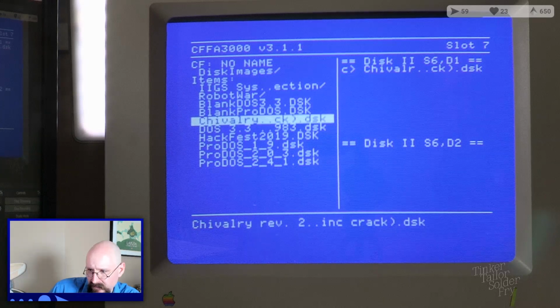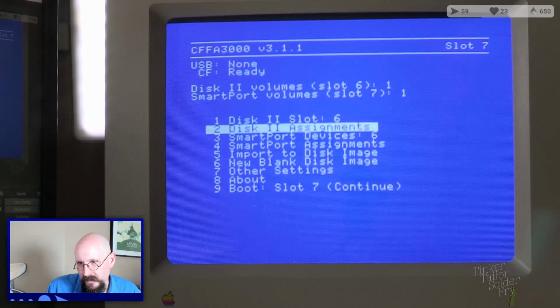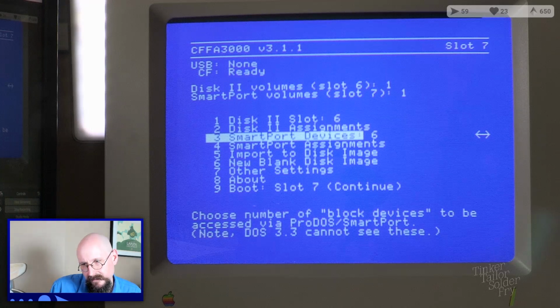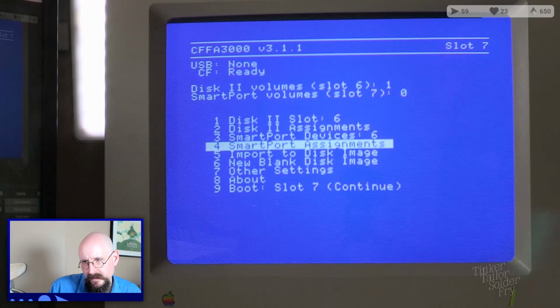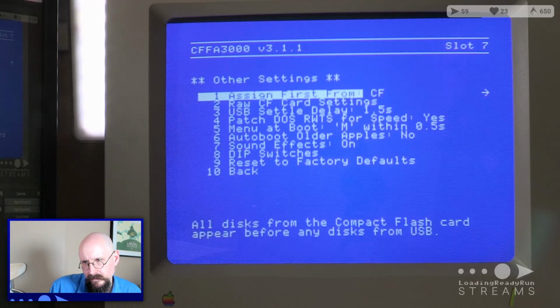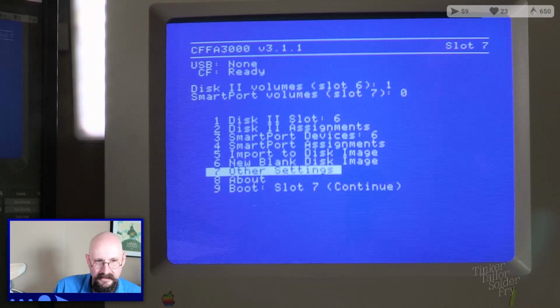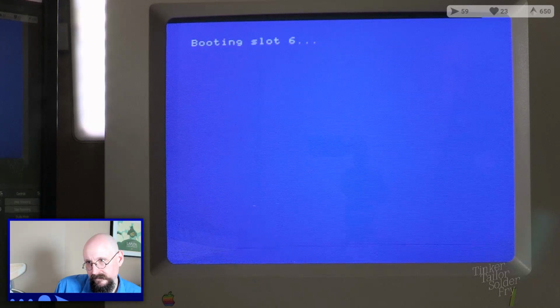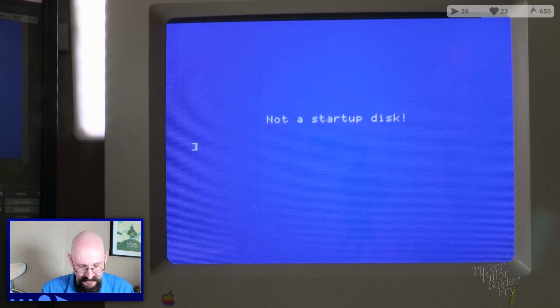What is it, is your question. Now I'm just trying to run back through here, looking at the settings. We seem to be doing a lot of not thinking aloud. I don't know why that shouldn't be. Everything look... Auto boot older Apples. Yeah, no, that's not going to apply to us. This is beginning to get...